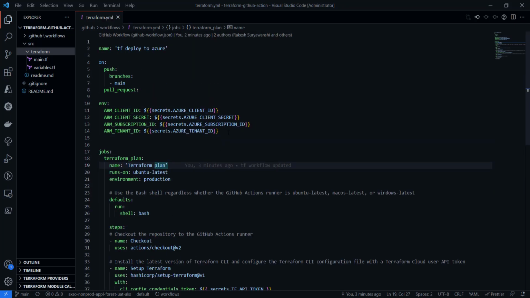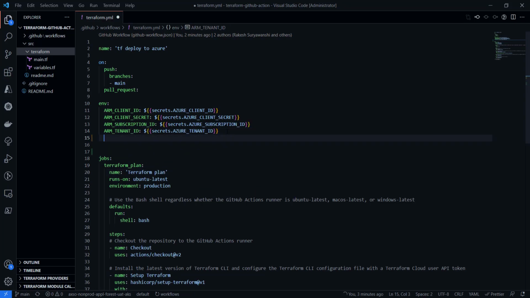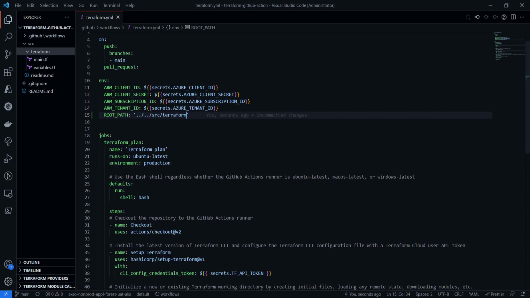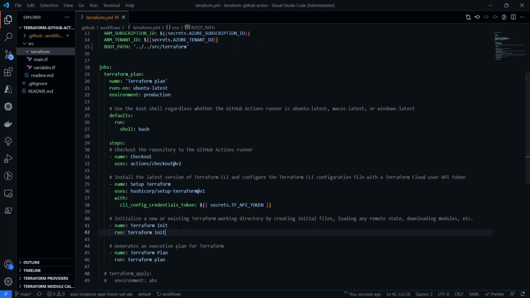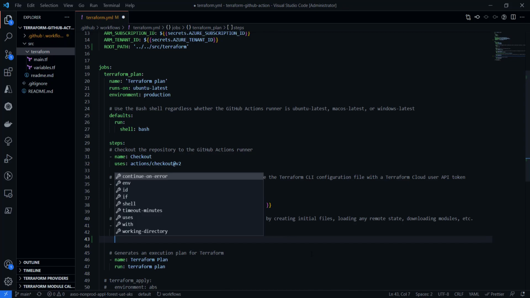So for that, I'm going to create a new environment variable. I'll call it root path, and we'll specify the path of the Terraform source code, and then we are going to use it as the location where we would like to run this.